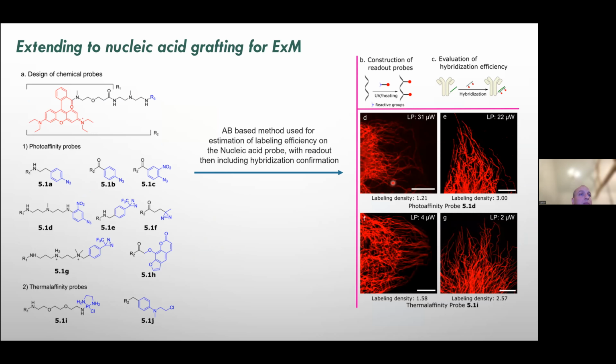So the final probes look a bit like this. You have, again, a fluorescent dye, an acrylate, and one of the reactive groups. And then what we did is we took an antibody with an oligonucleotide on there, and then we labeled the complementary oligonucleotide with these probes. And then by looking at the hybridization, you get simultaneous info on the binding, but also on the efficiency of